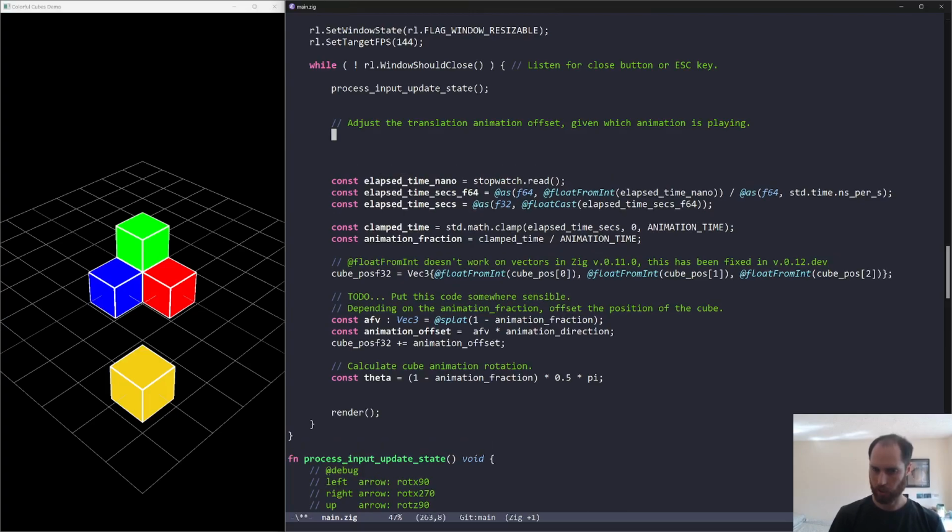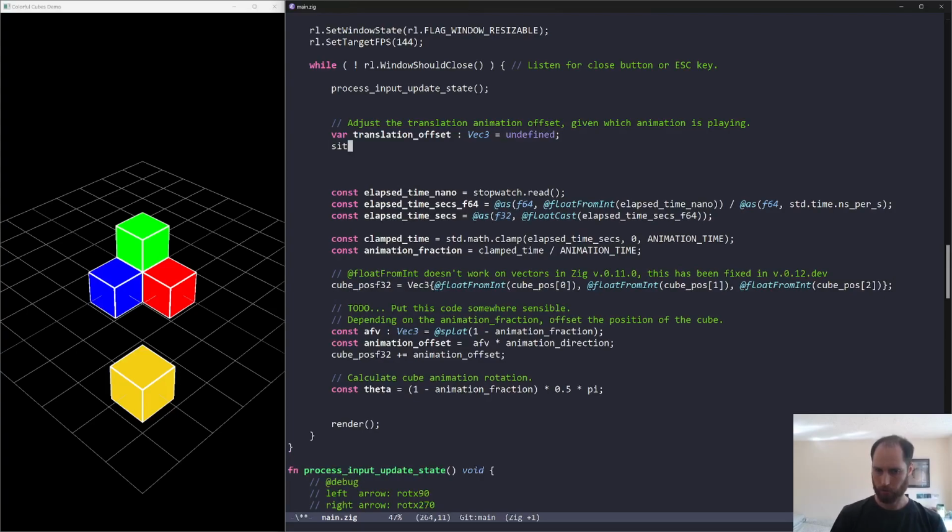So now we want to say, let's say var translation offset is currently going to be a vector that's undefined, and then we want to switch on the animation type,